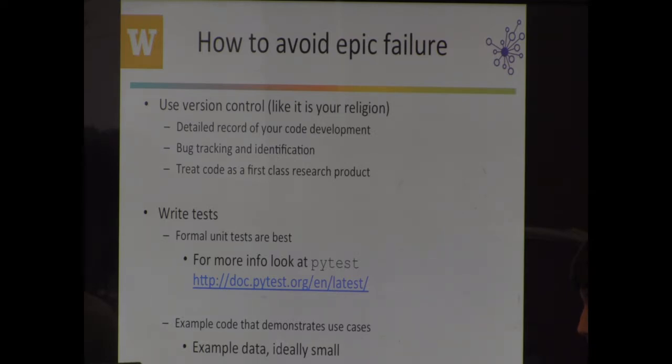So there's this idea of regression testing, right? That as you move forward with your code, you don't actually break something. And so unit tests are a really important part of academic and science programming because they're your check on yourself, right? When you're trying to get that change done for the publication or for that grant proposal, this will help you check to make sure you didn't break something else.